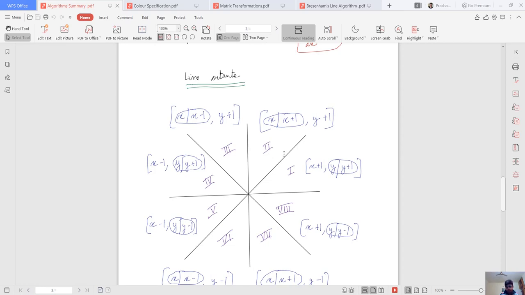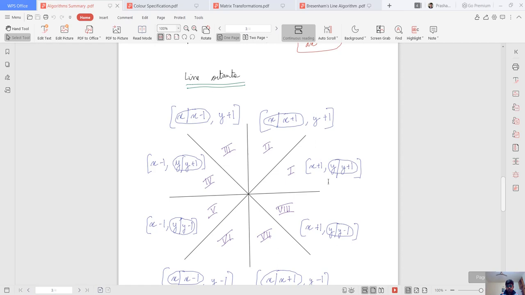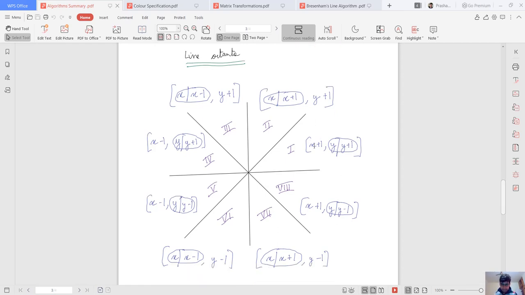Okay, so when we derive Bresenham's line algorithm, we are working with our first quadrant. Let me explain why I have written this x plus 1 and y plus 1. If you consider a grid of pixels, a matrix in which the pixels are there, and you want to make a straight line like this, then you have to choose which pixels to take. And Bresenham's line algorithm actually does that.